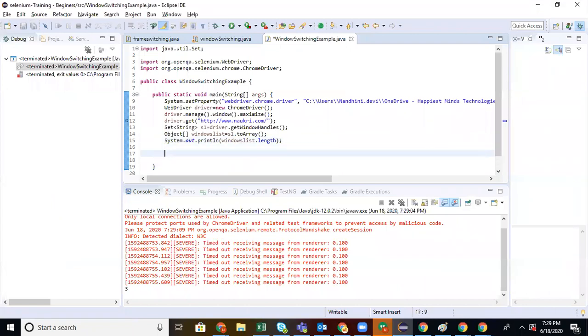How will I get the names of the window? Using a for loop: for int i equal to 0, i less than, put it in some integer. Okay.